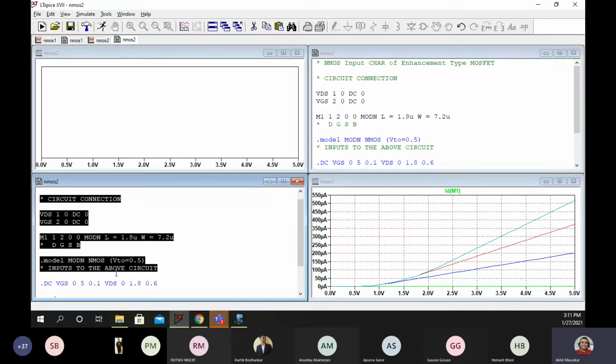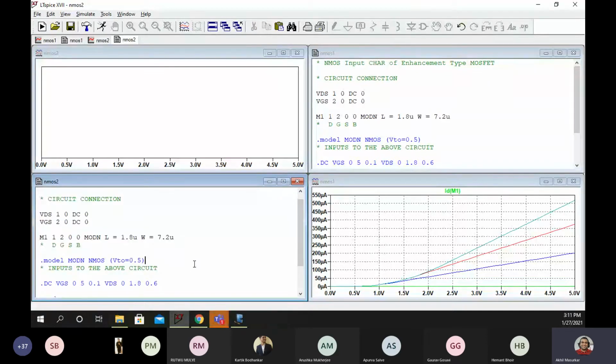Even the dot model part will not change. What will change is, now on X, I don't want VGS. Now on X, I want VDS. What do I want on X? VDS.